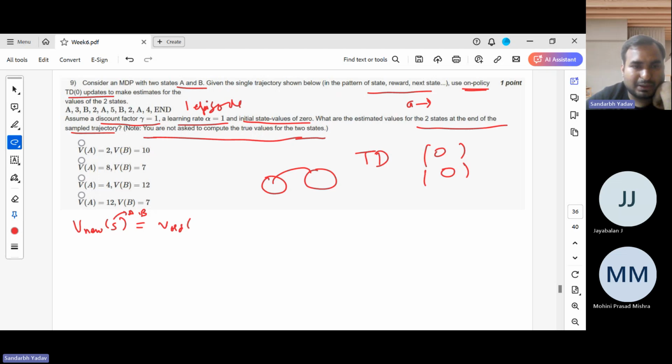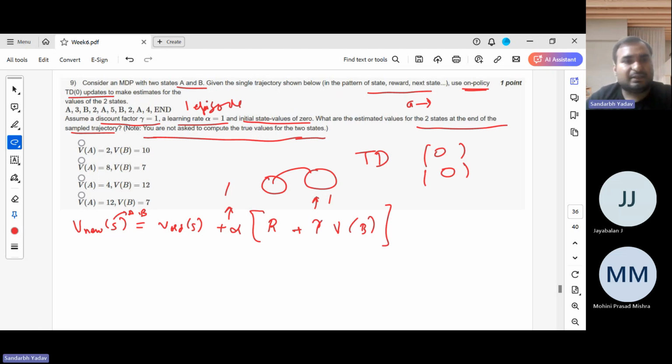So we have V of s plus alpha. Alpha we have already been given as one. Plus whatever reward we can get from here, reward plus gamma, again given as 1, and what will come later, value of the next state. This we can determine based on that if we are moving from A, then the next state will be B. So on the basis of that we can do this update. So let's start. Maybe I'll start on the next slide.